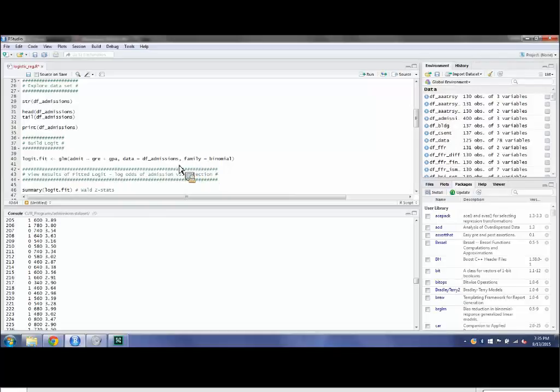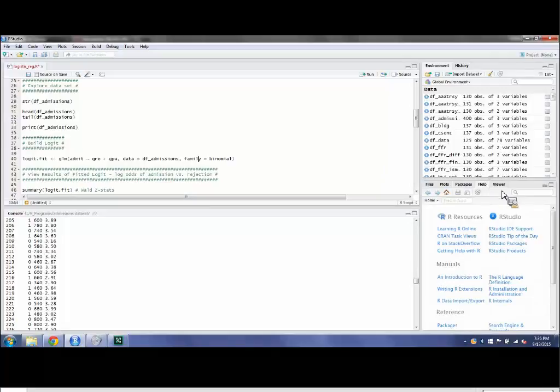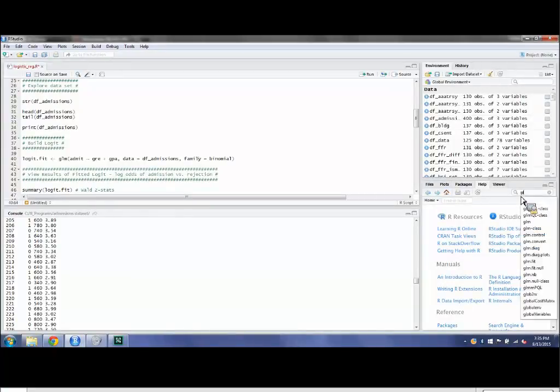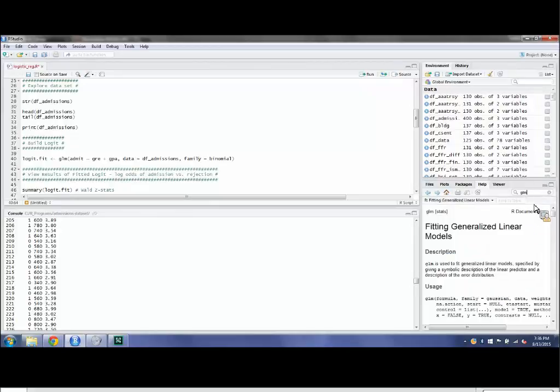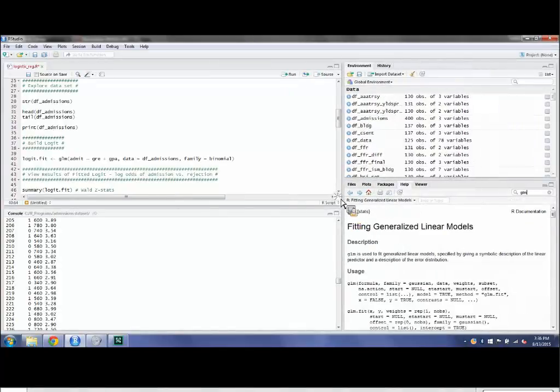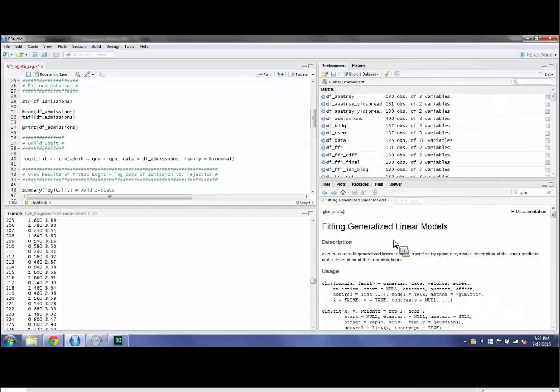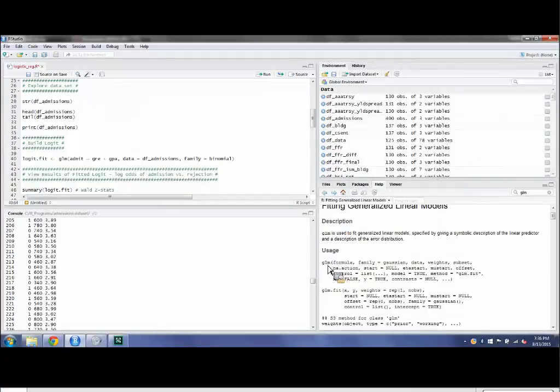And so let's say you forgot the syntax for GLM. So you have 2 options. You can go over here to the help menu, and then right in here you can type GLM, and again you can use R's autocomplete feature, and then you see this is what we want. So we click on that GLM, and then we see fitted generalized linear models. So here's the syntax: GLM, the formula, which is what we have here for our linear model. Data, which is the data set that we're pulling from,